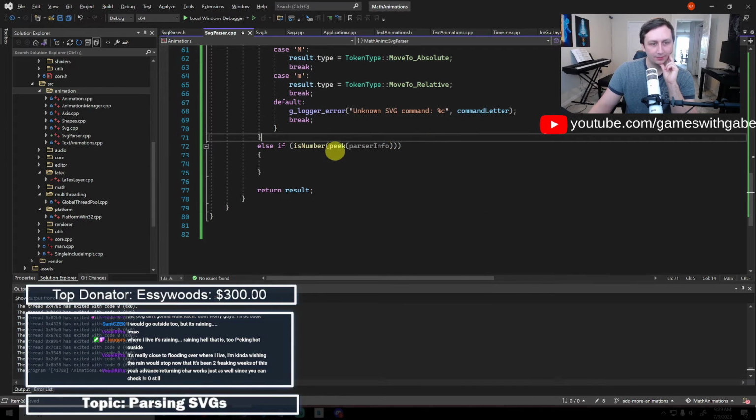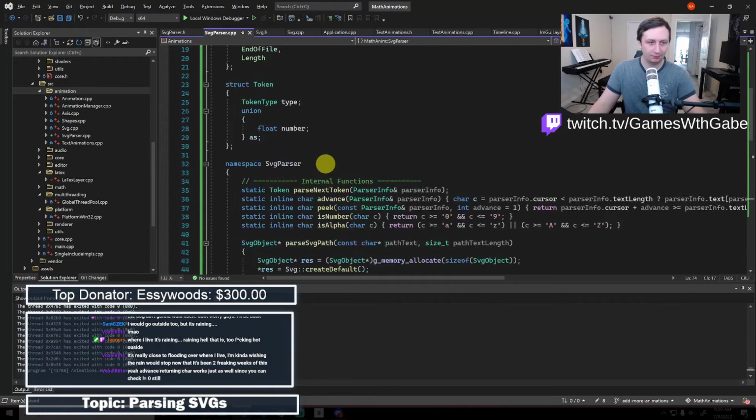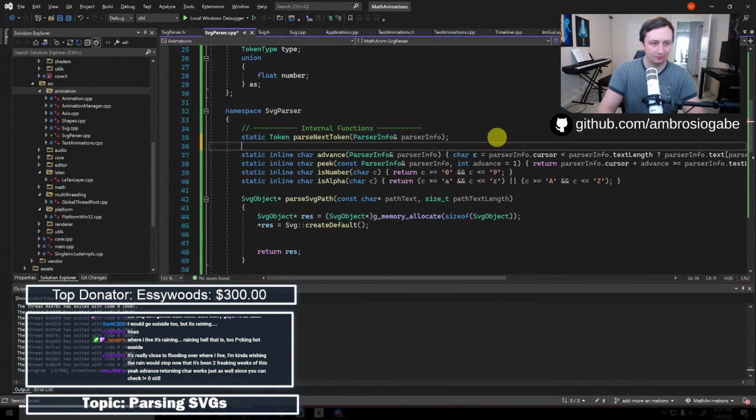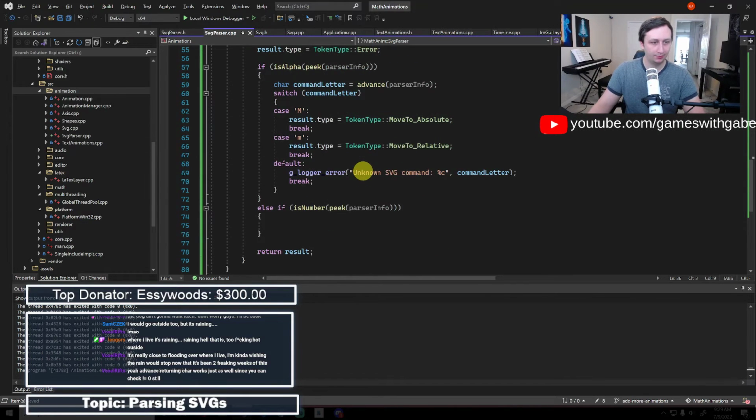So if it's a number, we want to parse the whole number. And since we're only dealing with floating types, I can make that a little bit easier on myself. So we'll just say parse number. And that should parse the number.